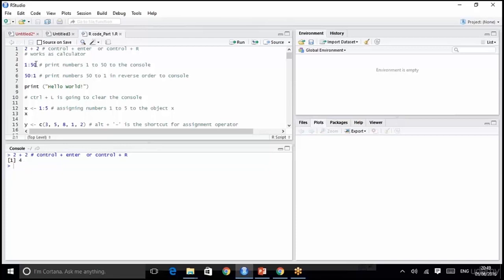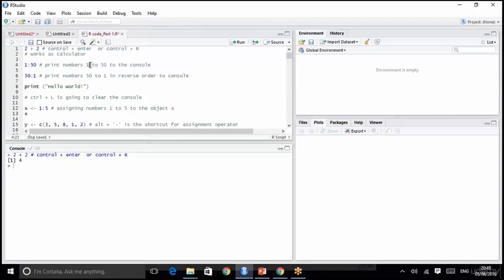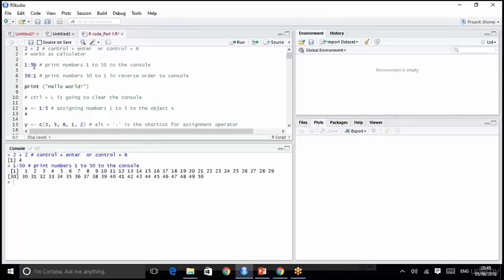That would become clear if I run the second line, this function. 1:50 would print the numbers from 1 to 50 in sequential order on the console. Once again, you can place your mouse pointer anywhere on the line and use Alt Enter. If you use Control Enter, your cursor would automatically move to the next line of code. And look at this. This number 1, the first element of this row, holds the first position. And the first element of the second row